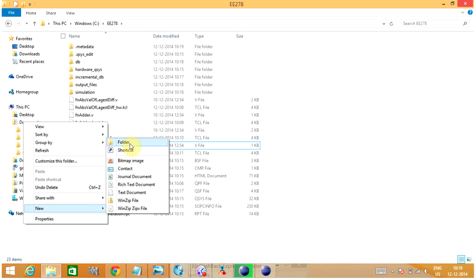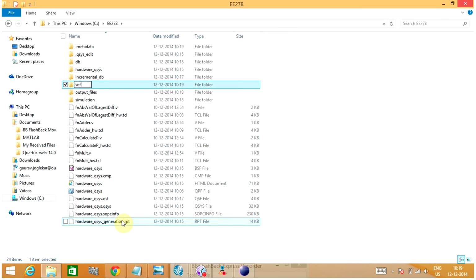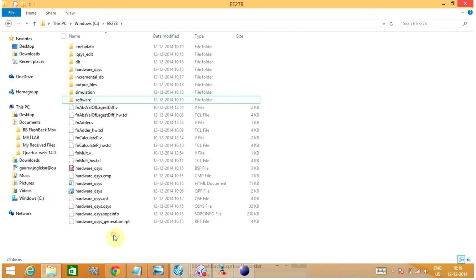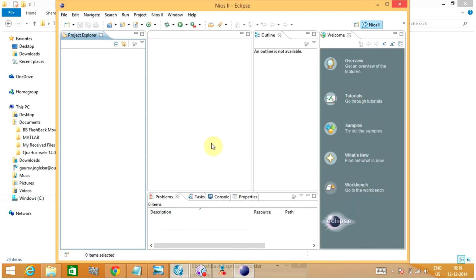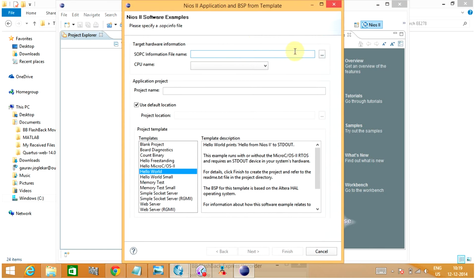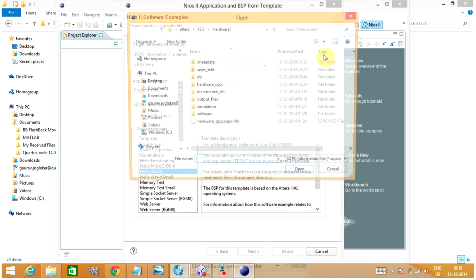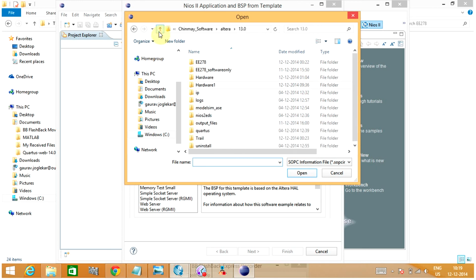So we go here. Okay. So we make a new BSP template over here. Now we need to include our SOPC info file over here. Here you can see our SOPC info file has been created.